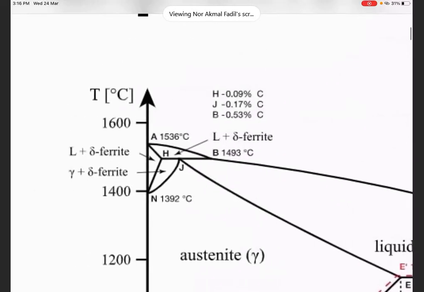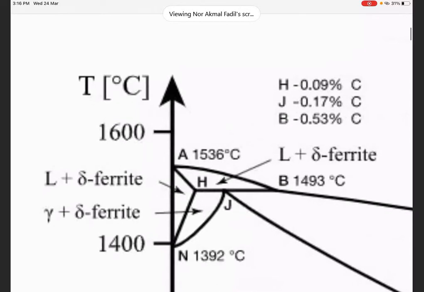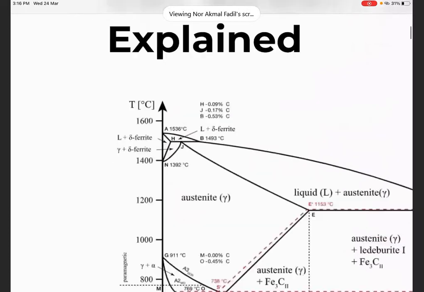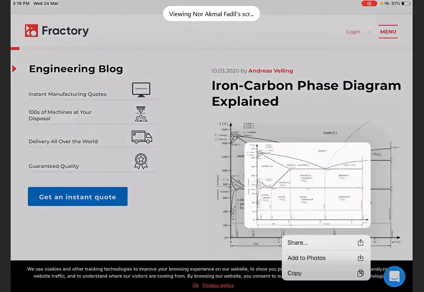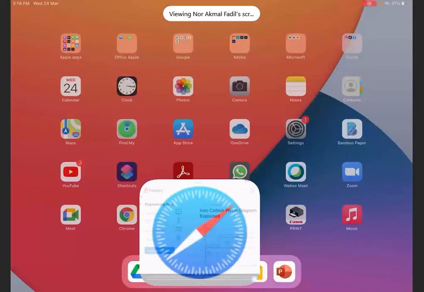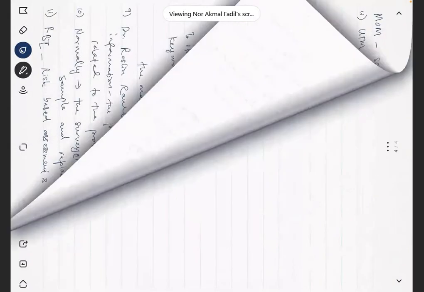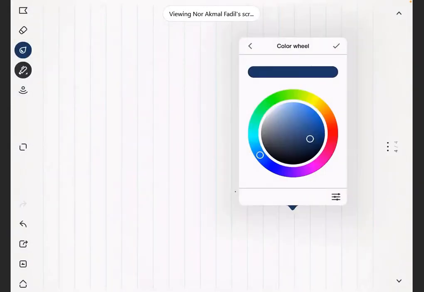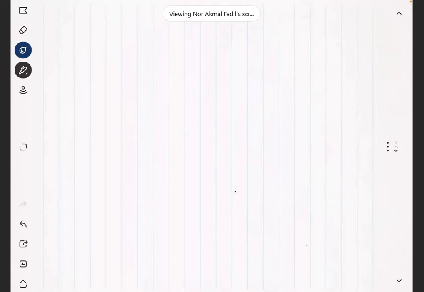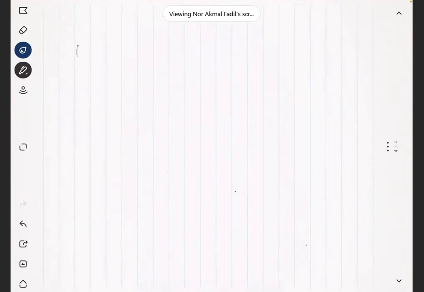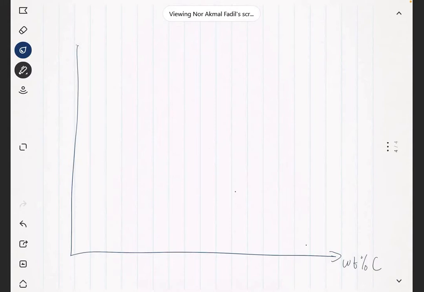And then above that at 1535 degrees Celsius, it is the melting temperature. Okay, it is the melting temperature. So, okay, what I mean is like this. If you look at the weight percentage of carbon for the phase diagram, and this is the melting temperature, at